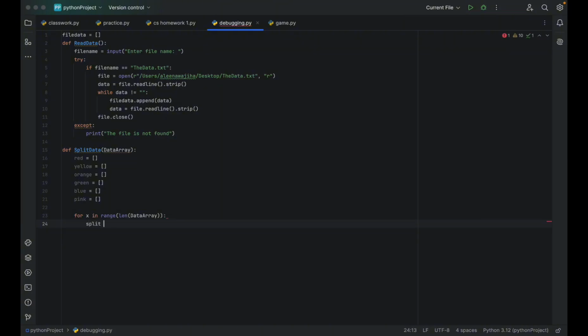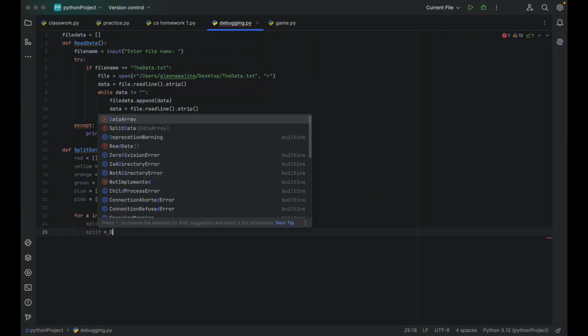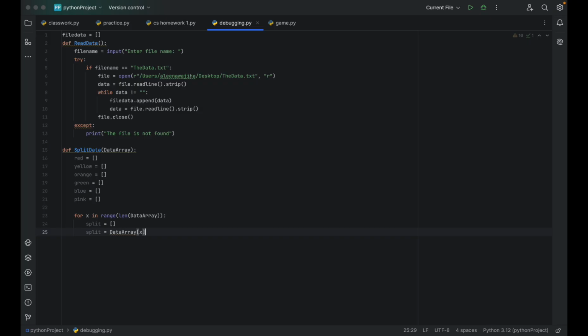Then we can create a small array called split, where we'll store the split elements. For example, if I'm splitting the line 10 red by the comma, the first element in split at index 0 is going to have 10, and the second element is going to have red, as a string. So first we do split equal to the element we get by the index, x dot split, separating by the comma, and we're going to store that